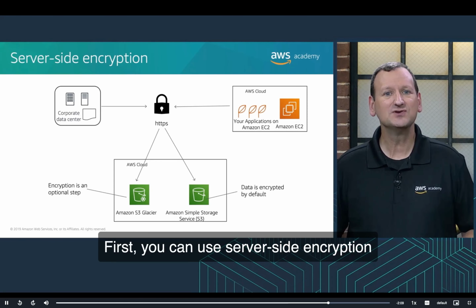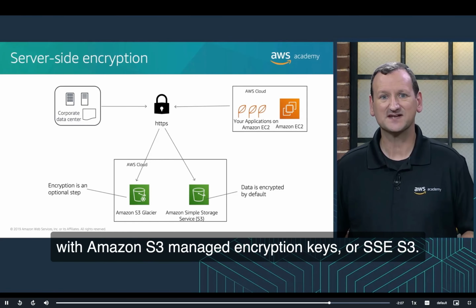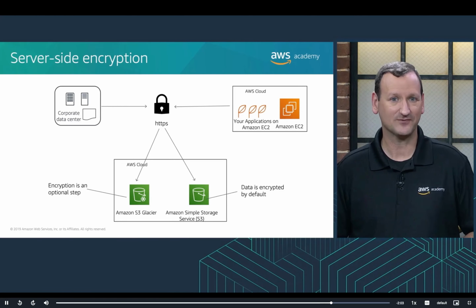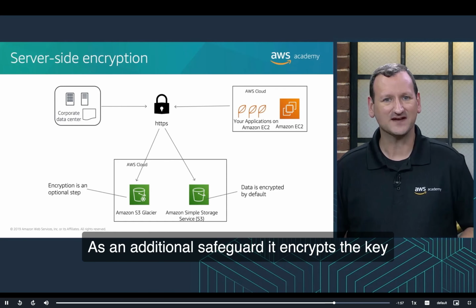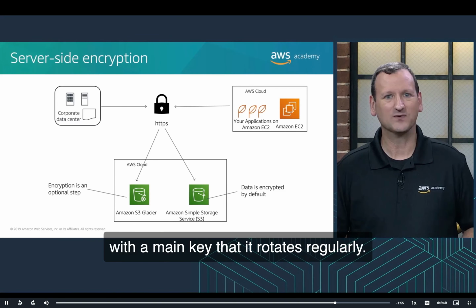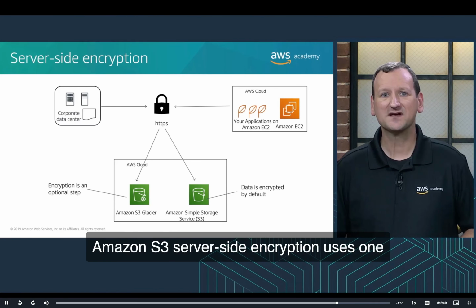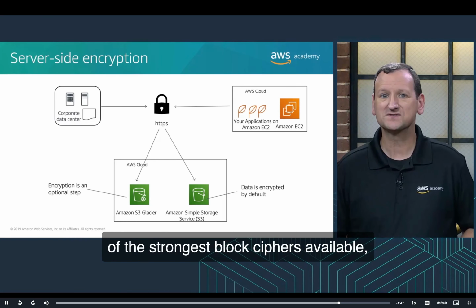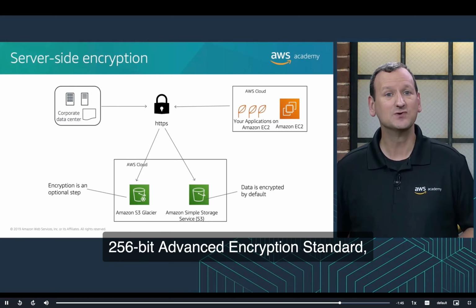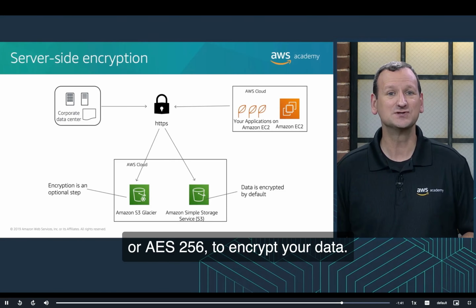First, you can use server-side encryption with Amazon S3 managed encryption keys, or SSE-S3. Amazon S3 encrypts each object with a unique key. As an additional safeguard, it encrypts the key with a main key that it rotates regularly. Amazon S3 server-side encryption uses one of the strongest block ciphers available, 256-bit Advanced Encryption Standard, or AES-256,